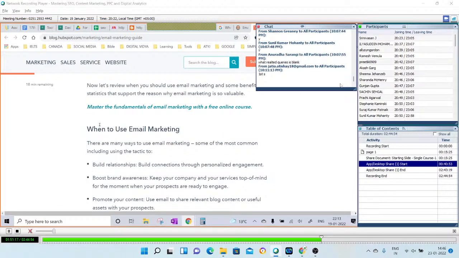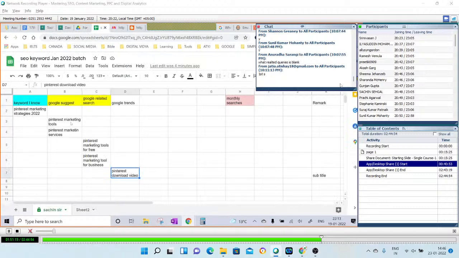So this means that, suppose for instance I want to rank on "Pinterest marketing strategies 2022", which is the main keyword where I want to rank. But inside it, if I use most of the keywords which are going to give me a lot of content to write around, and which are also being searched, whatever the metrics we're going to see, then it gives me the chance to not rank on just a particular keyword. It gives me the chance to rank on most of the keywords which are coming from the Pinterest marketing point of view. Clear what I just showed you?